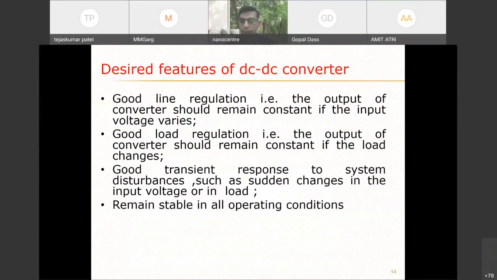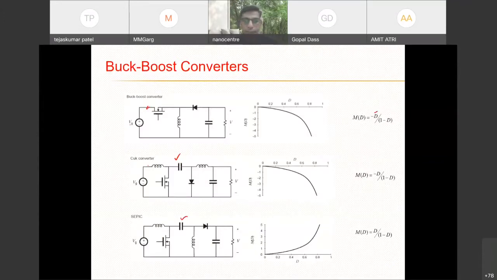So when the switch is off, it is disconnected from the supply. So there is discontinuity if we are drawing power from some circuit. But here, this inductor is directly connected to the supply, so there is continuity of power from the input side. So it improves the power factor, etc. Those things depend upon applications.